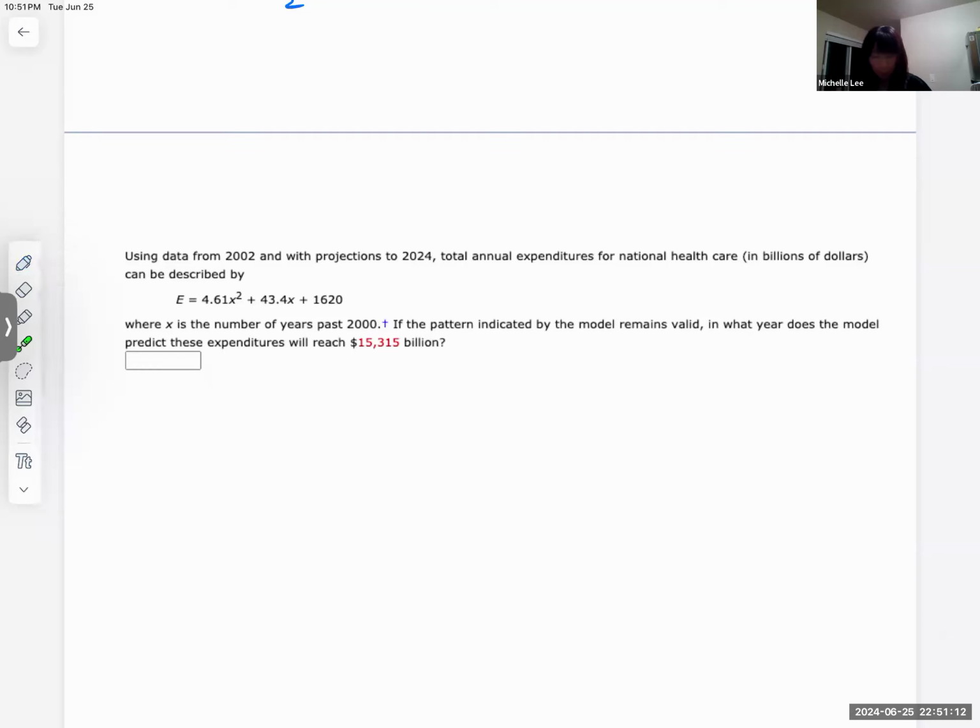Where x is the number of years past 2000, so we count the years from 2000, right? Now, in what year does the model predict these expenditures will reach